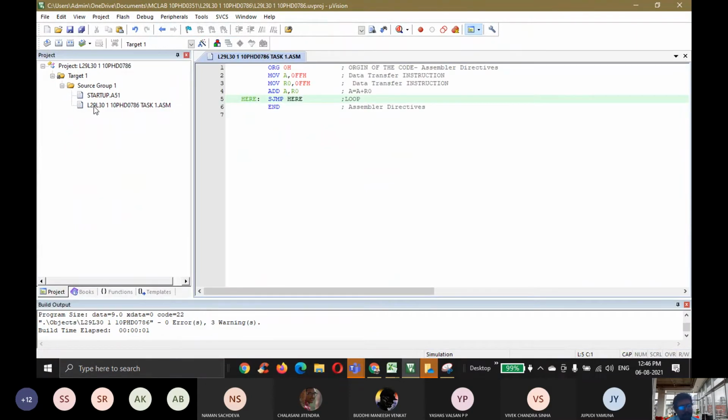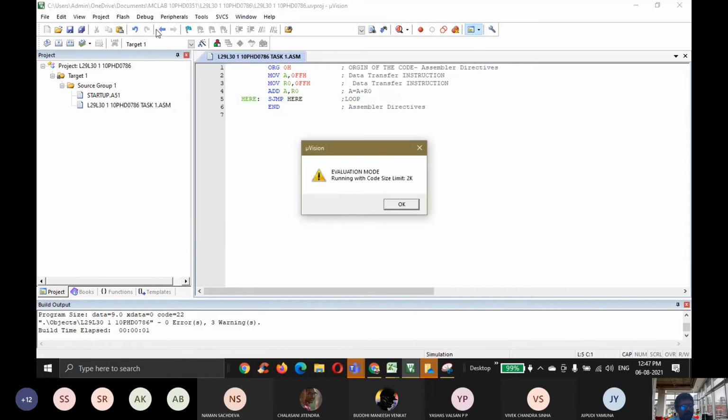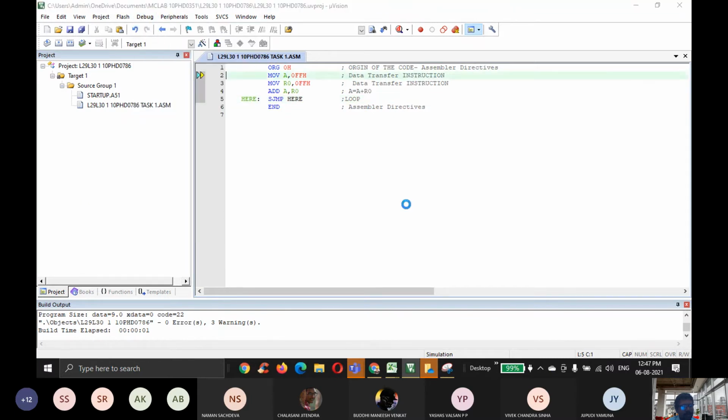I will explain again. You are having the file here. The file is being listed here. Now this is already mapped to this project. I am building the project, checking for errors, building the projects. Then I'm going for the debugging section. I'm giving start debugging. I will select OK.